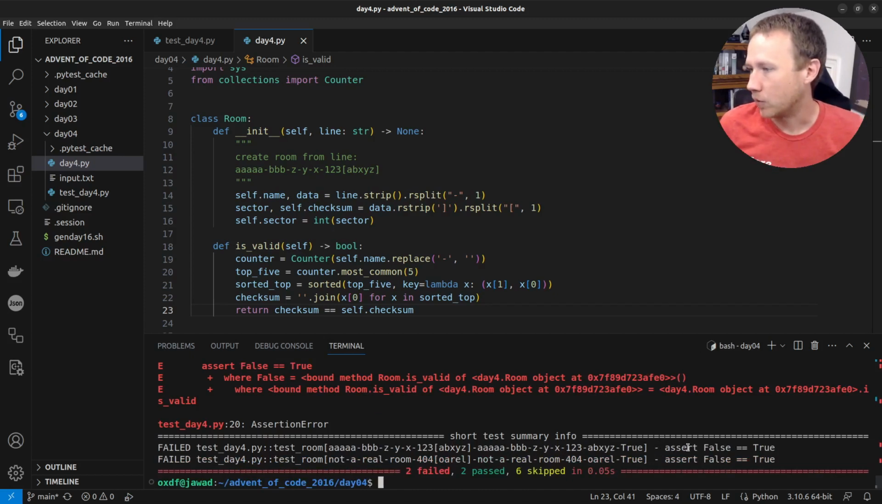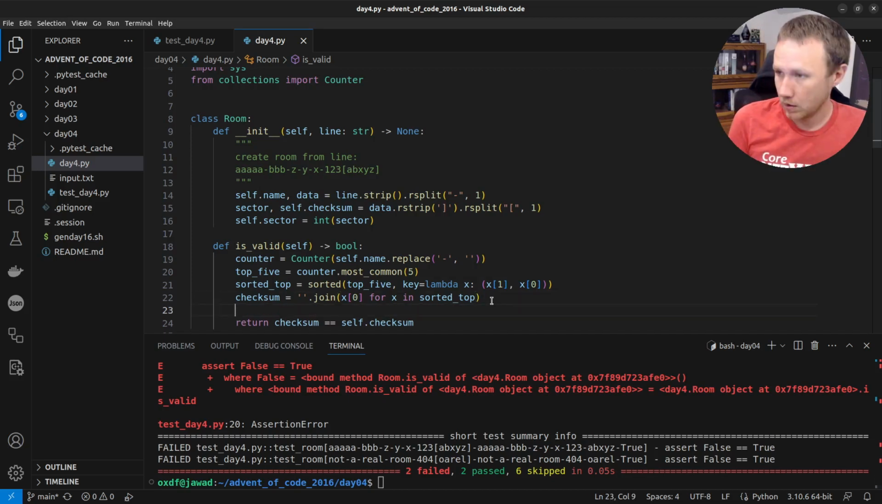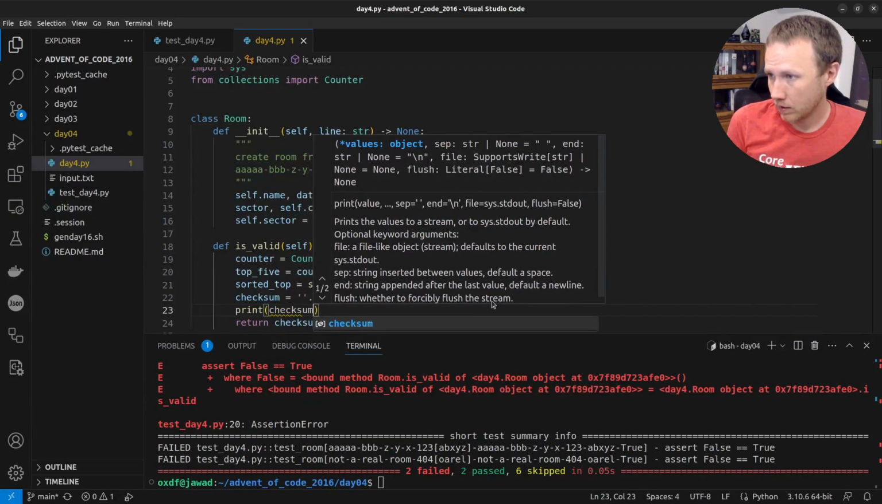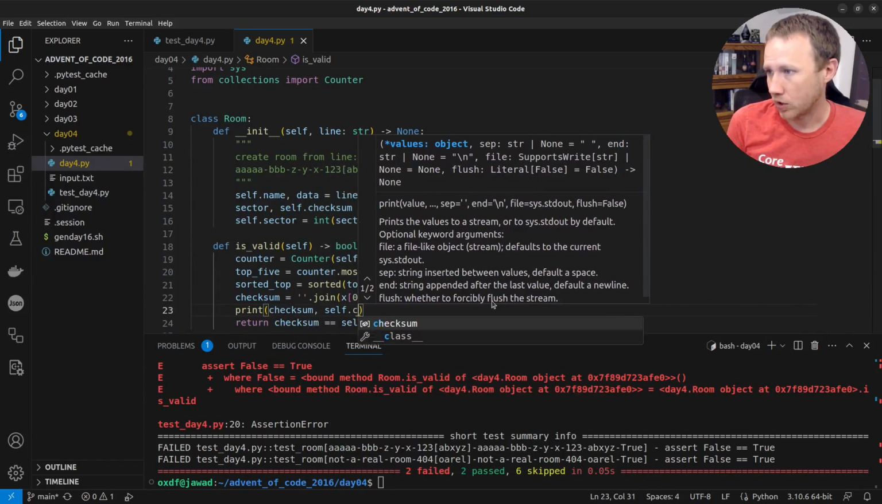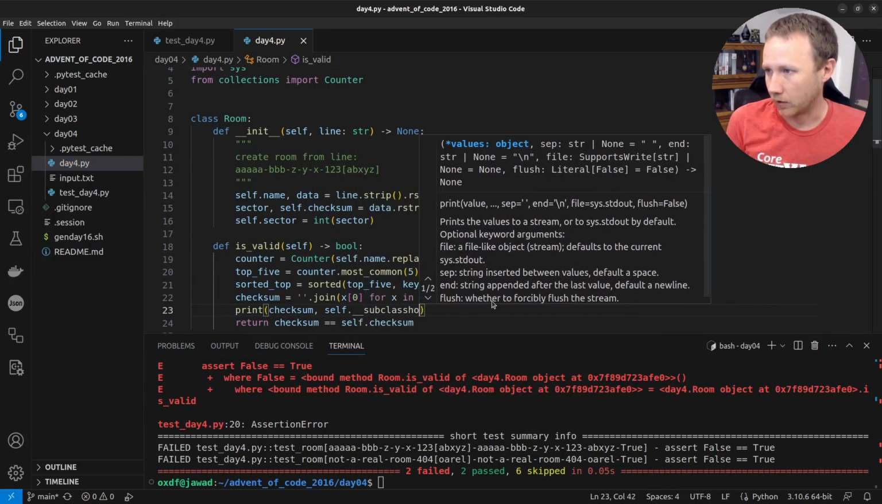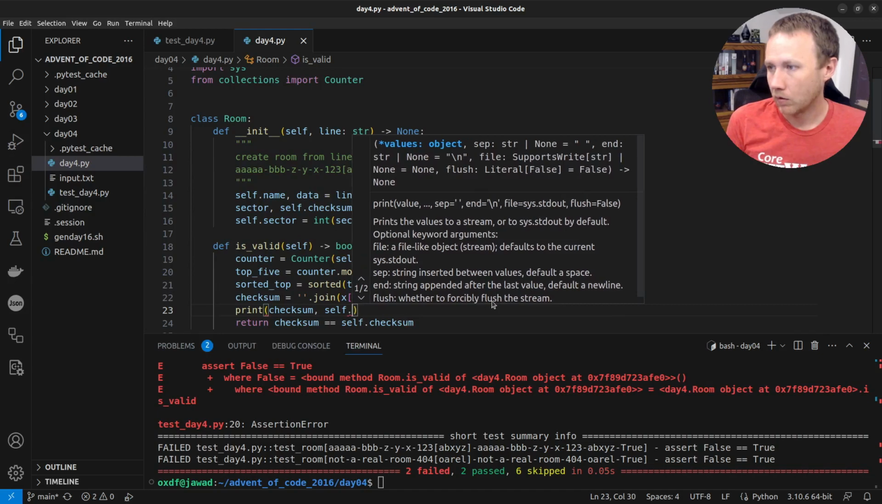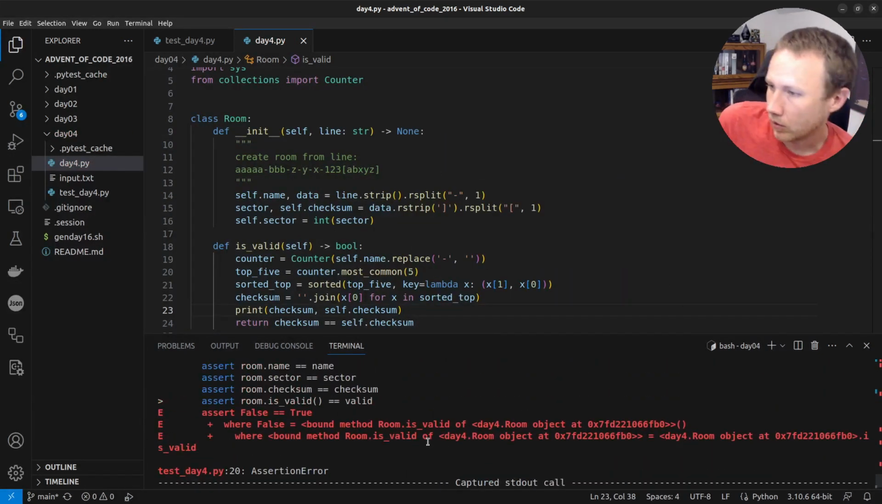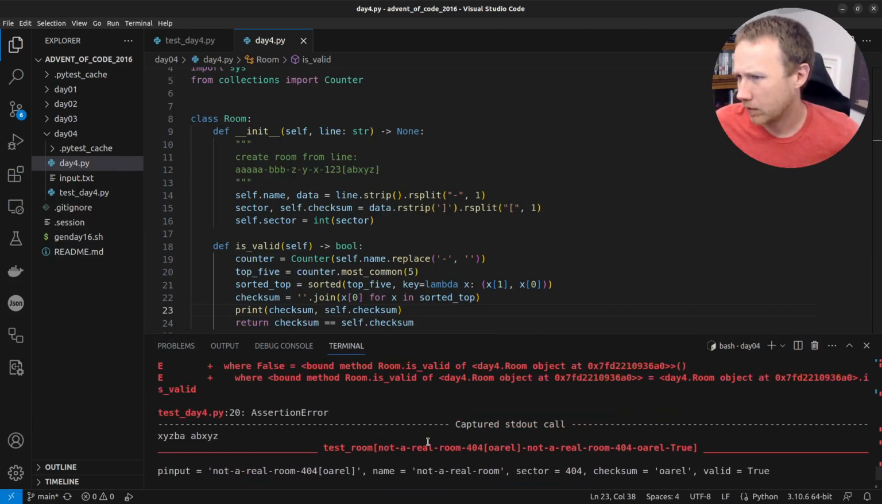We failed 2. It's interesting. We had 2 that should be true. So we did return false where we were supposed to, but we had 2 that were supposed to be true that did not. Let's see if we can print checksum, self.checksum. Whoa, it's not subclass hook. Checksum. See what happens when we put that in here. I scroll up some, get these. Okay, so here we get,